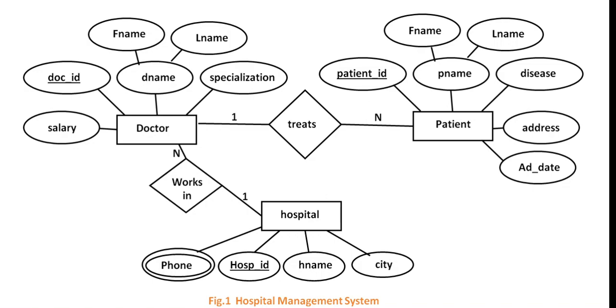Many doctors, that is n number of doctors, work in one hospital. That's why n and 1 is written over here. And this works in relationship has one descriptive attribute, that is joining date. Doctor works in hospital and joining date is given for that relationship. That is, doctor has joined hospital at the given joining date